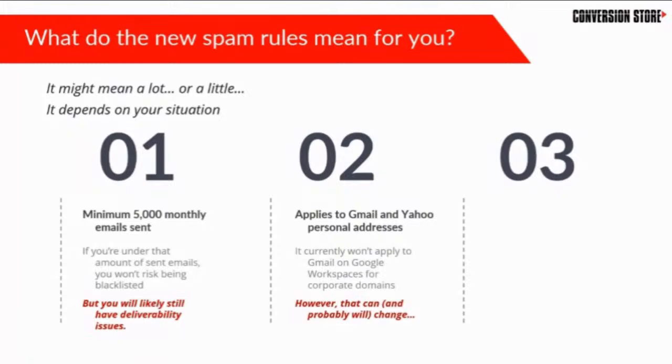It's applying to personal addresses. Now, this is for the time being. These rules are really going to go into full force and full compliance in June of 2024. And so at that point, we'll see what happens, right? But it's likely that the trend on this, because they're getting the ball rolling on these checks, that these are going to wind up being put into compliance for some of the non-personal, the corporate, the business addresses as well too. So you won't see this on Google for Google Workspaces, for corporate domains,